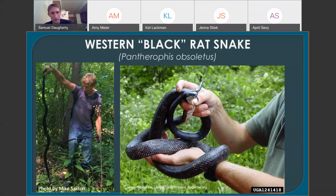That's me in the picture on the left, and I'm about 5'11", so that snake is at least 5 feet long, maybe 6. I think the record in Missouri was 7 feet, and the world record was a little over 8 feet. So they're pretty big snakes, and when they get that size, they really don't have much to